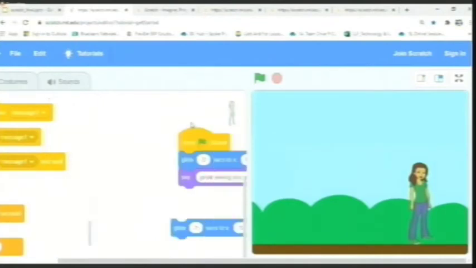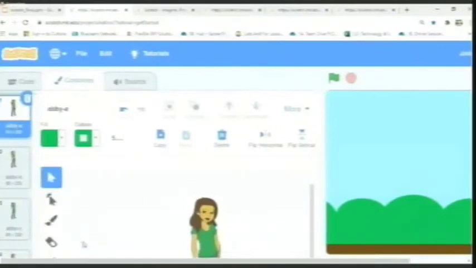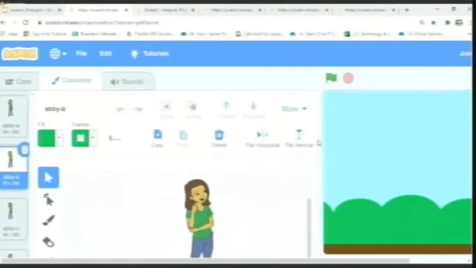For example, let's go back to the costume blocks. And let me slide the screen so that you can all see it. Now, Scratch offers you simple tricks to an animation. When I select a sprite, there are already multiple costumes available here. Let me drop the screen a little down so that you can see it.